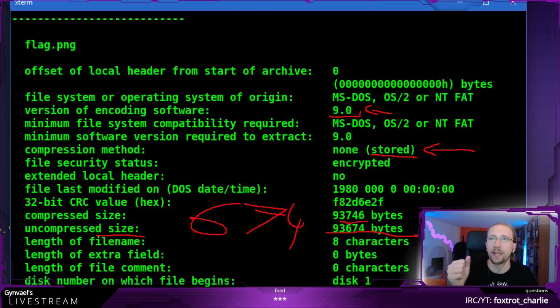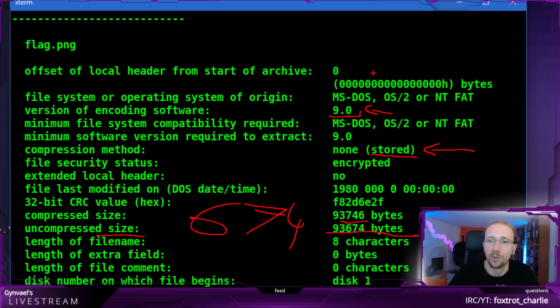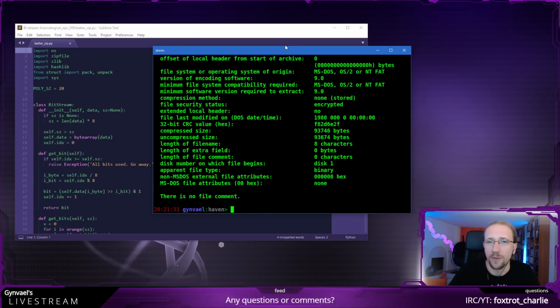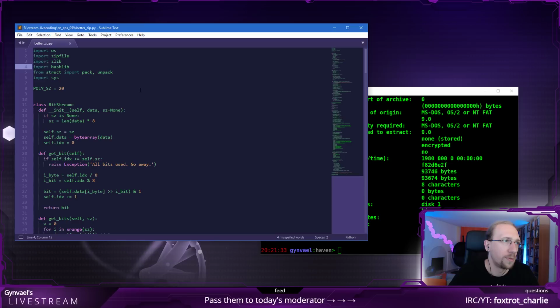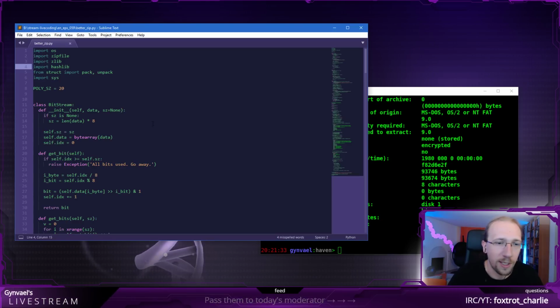That means there's at least some header or footer which has been added to the data. That's pretty normal in the case of zip encryption, regardless of whether it's the legacy encryption or something else. I don't think there's anything else interesting here apart from that. So knowing that, we can go to looking at the code.